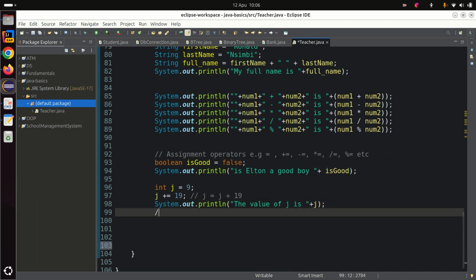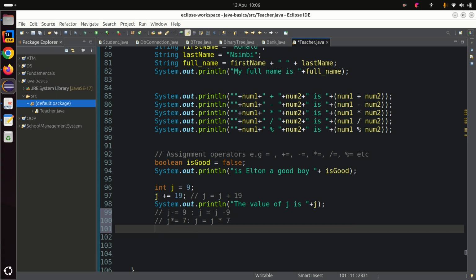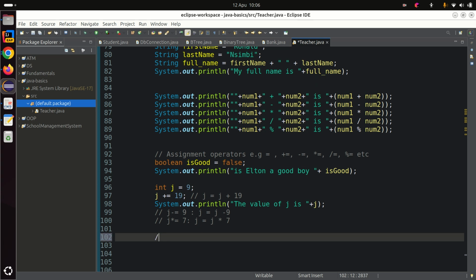It is also same as if you have j minus equals 9, it is equal to j equals j minus 9. If I have j times equals 7, it is same as j equals j times 7. Yeah, something like that. You can also look at other operators. So that's basically how I've summarized assignment. Now for comparison